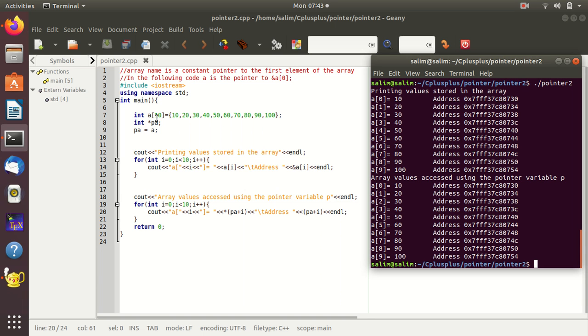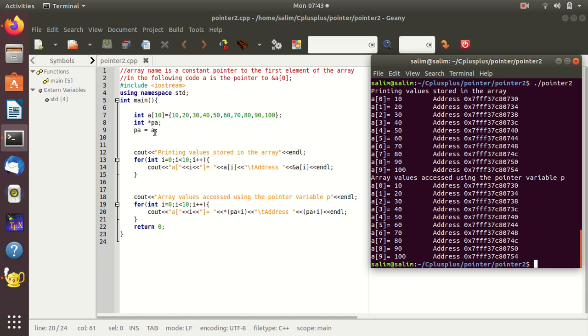So first of all, we initialize a one-dimensional array with 10 numbers, A of 10. We initialize 10 integer numbers to this array. In the next line, we declare a pointer PA, and in the third statement, we assign A to PA.